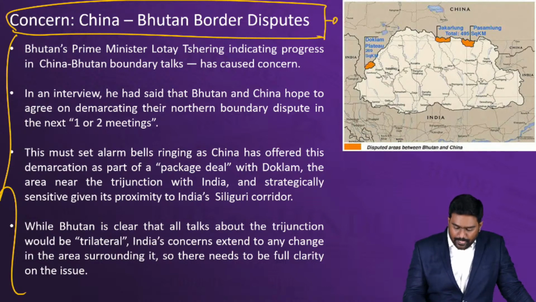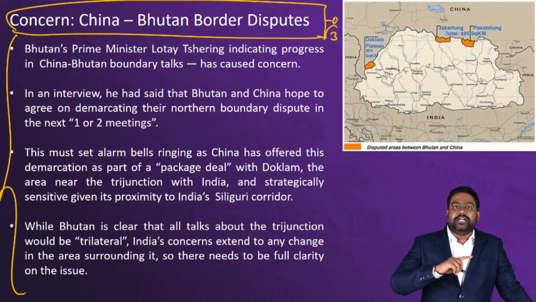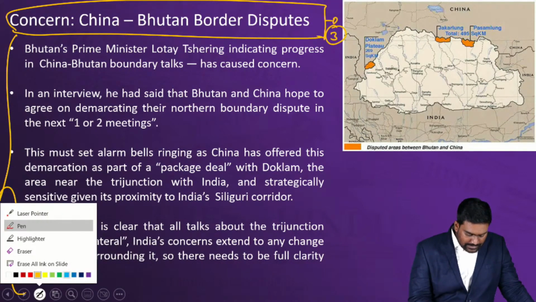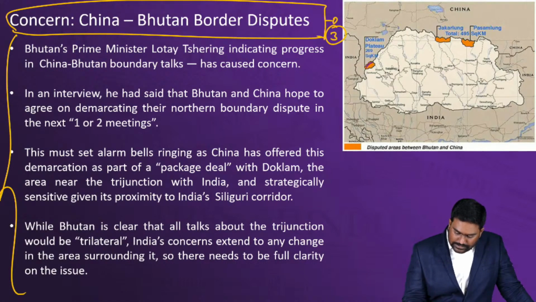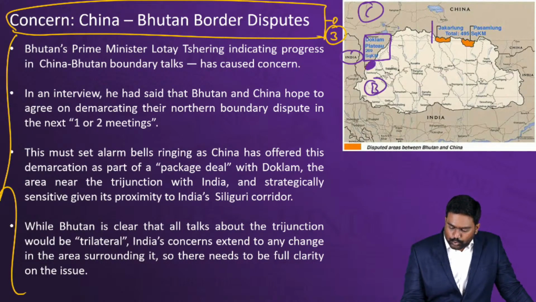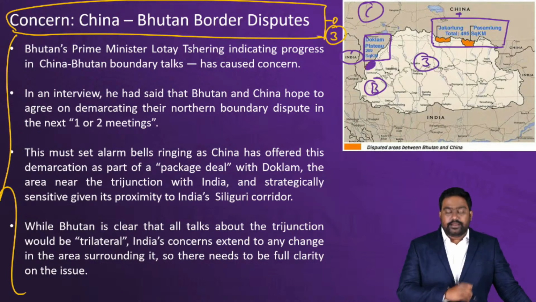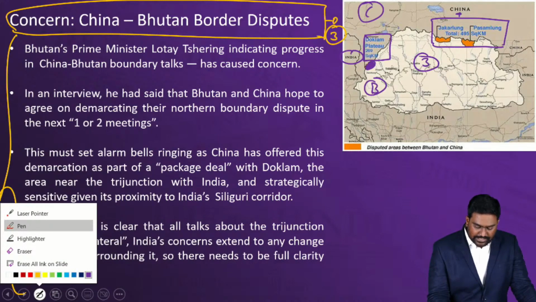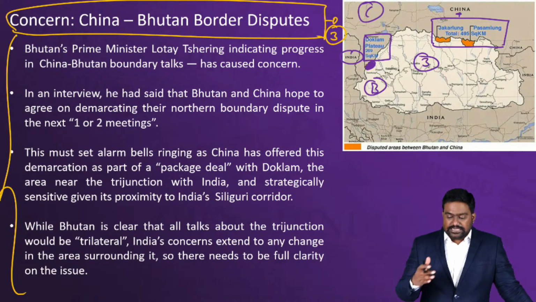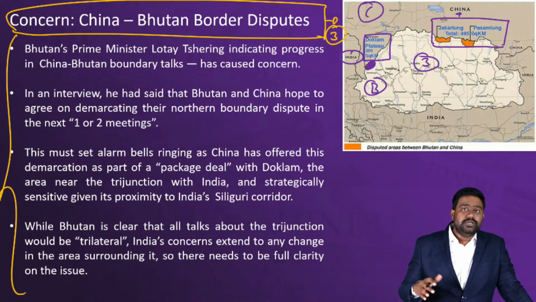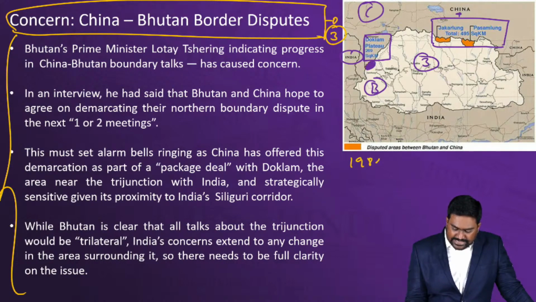You look at the map here, there are 3 locations where China-Bhutan have border disputes. This includes the Doklam Plateau over here, which is located at the tri-junction of India, Bhutan and China, and 2 other places, Jakarlung and Pasamlung. These are the 3 recognized border disputes between China and Bhutan. Since China does not recognize the British era boundaries, it has raised disputes at these 3 locations. And since 1984,